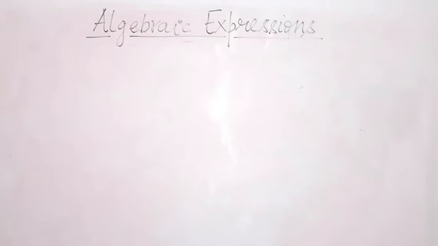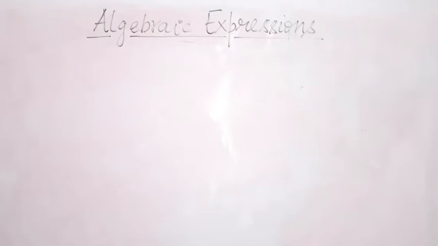So students, this is your next video on the chapter Algebraic Expressions. In this video, I am going to explain some questions that are based on simplification of algebraic expressions. In the previous video, I have already explained how to multiply a monomial by a binomial. Now in this video I will be explaining some questions from exercise 6e that are based on simplification of a monomial and a binomial.